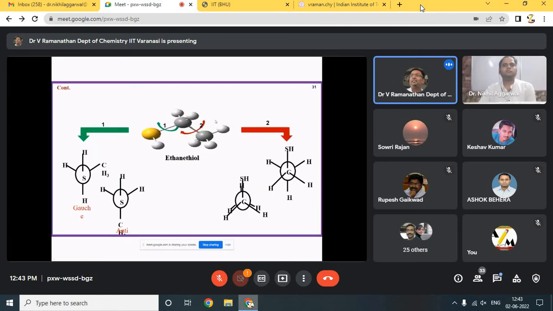Okay. So with this background in both quantum and computational, in the next 10 or 15 minutes, I'll present the results on alkane thiols, which my group has very recently done and published. So I'll basically show the results of 2 molecules, very simple molecules, ethane thiol and propane thiol. So ethane thiol is a very simple molecule,